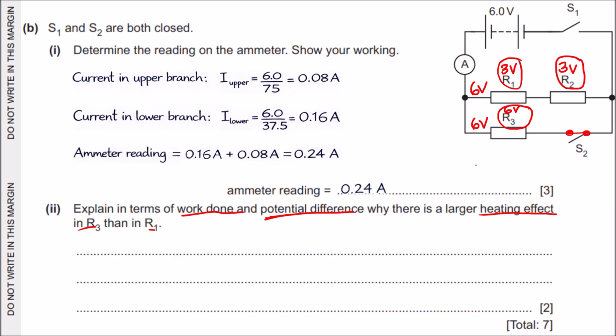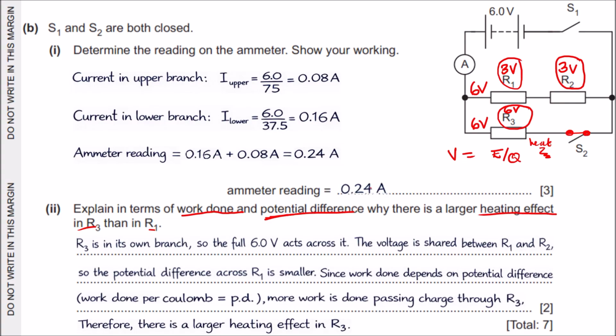Now, voltage is the energy per unit charge. In other words, voltage is work done per unit charge in passing through a component. Across R1, there is 3 volts, meaning less energy is being dissipated in moving a coulomb of charge across R1. So the ideal answer was R3 is in its own branch, so the full 6 volts acts